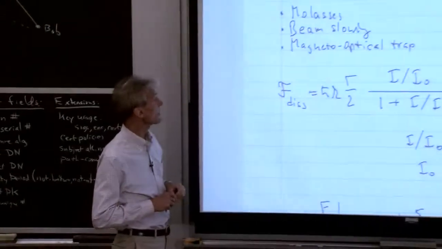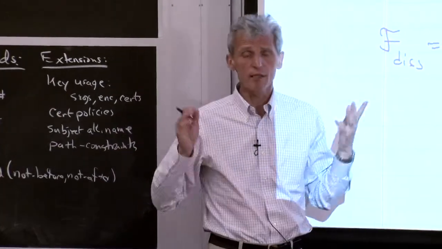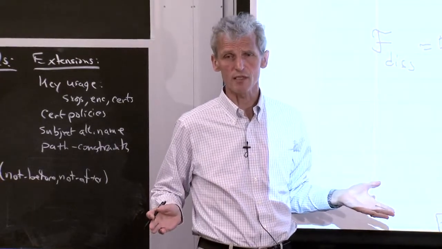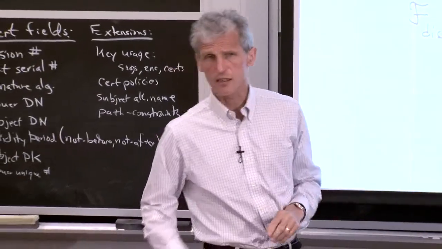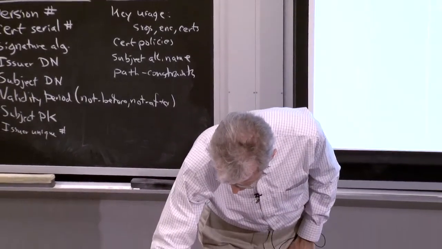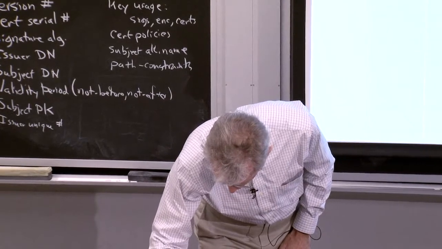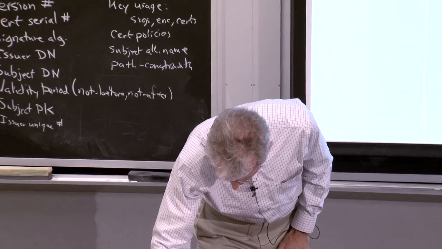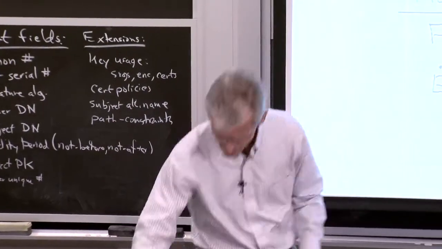One can actually say that slow beams, molasses, and the magneto-optical trap are the key techniques which triggered a revolution in atomic physics. This is really the enabling technology into ultra-cold atom science. So I discussed with you in the last class molasses, and we discussed what happens when we have two counter-propagating beams.